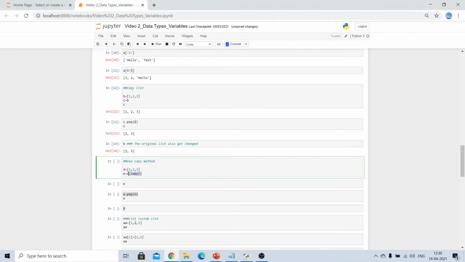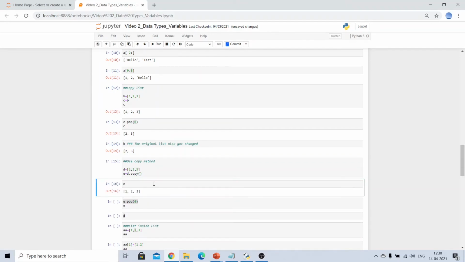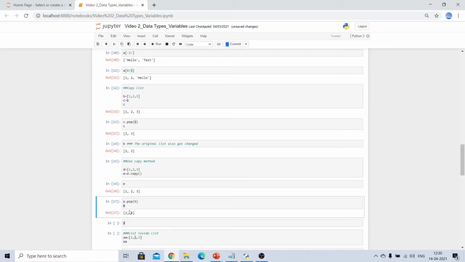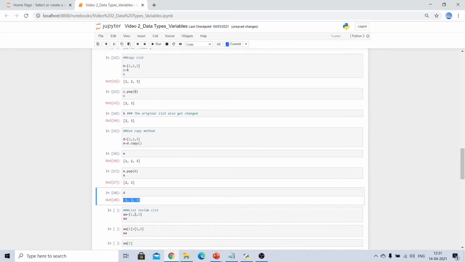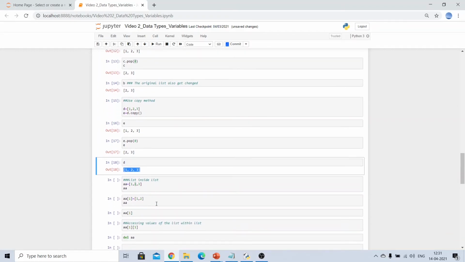Using the copy method, we are copying the list D into E, and now we have the list E the same as D. Now using the pop function, let us remove the value present in the 0th index from our new list, that is E. You can see the value 1 is removed from our new list E. If I run this and see whether it had any impact on my original list or not, you can see my original list was not impacted here. So whenever we want to copy a list, make sure that you use the copy method instead of equals to.